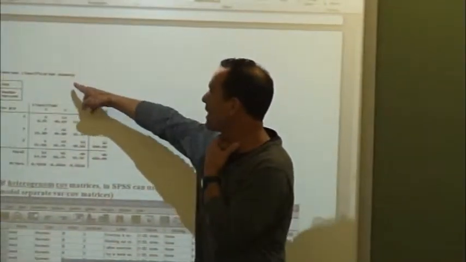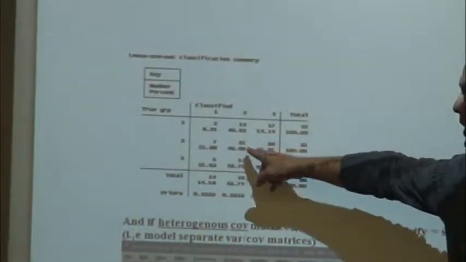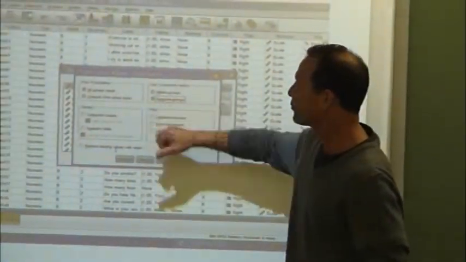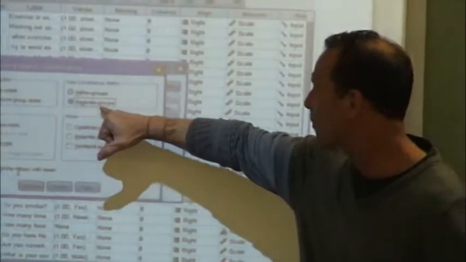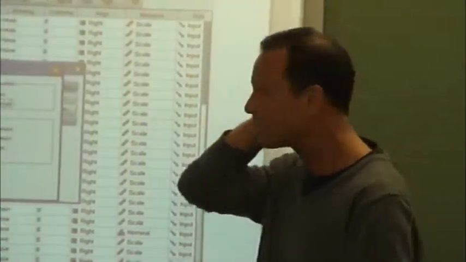Here's leave-one-out, which is the jackknife in STATA. It gave me the same results as SPSS. Now, for heterogeneous matrices, you just hit separate groups under covariance matrix. The default is to use within groups, pooled together, but just click on separate groups. That's all. You just hit separate groups, which means